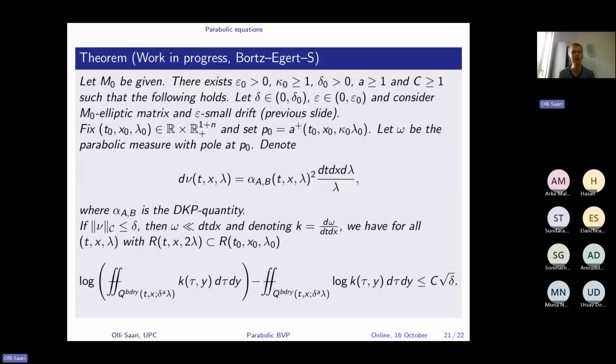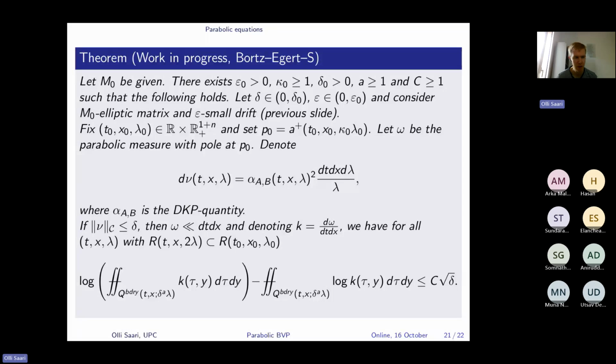And then the second thing is that you see in the display at the bottom, on the left-hand side, there are these delta A's, meaning that when we fix the pole and we fix the size at which we are working, we must go to really, really small scales. And this smallness depends on the size at which we work. This kind of result is enough to give you VMO, but